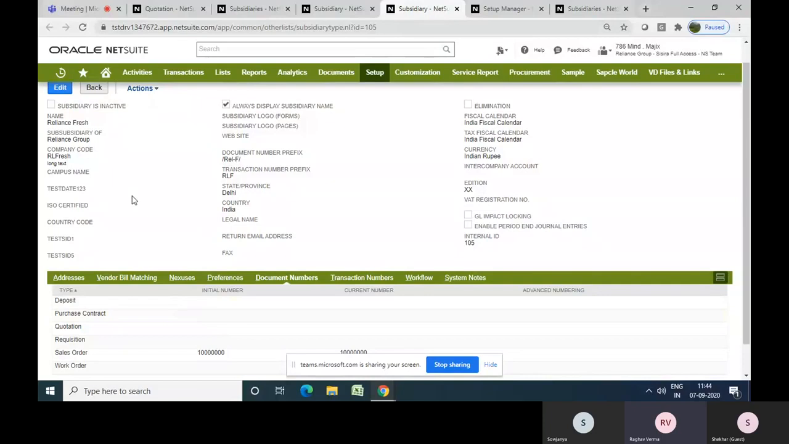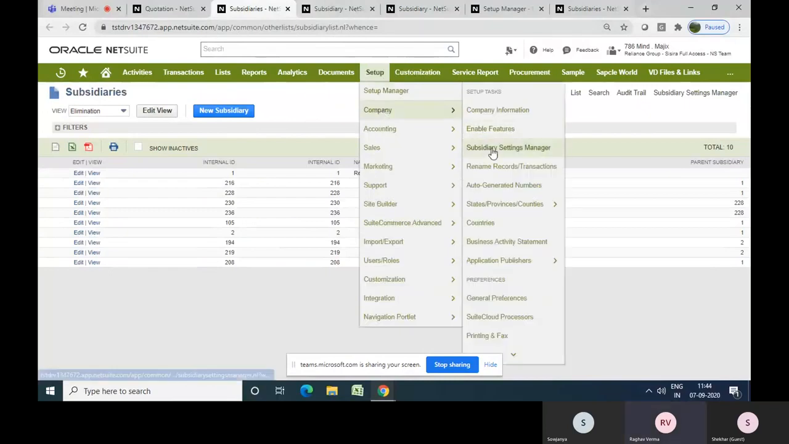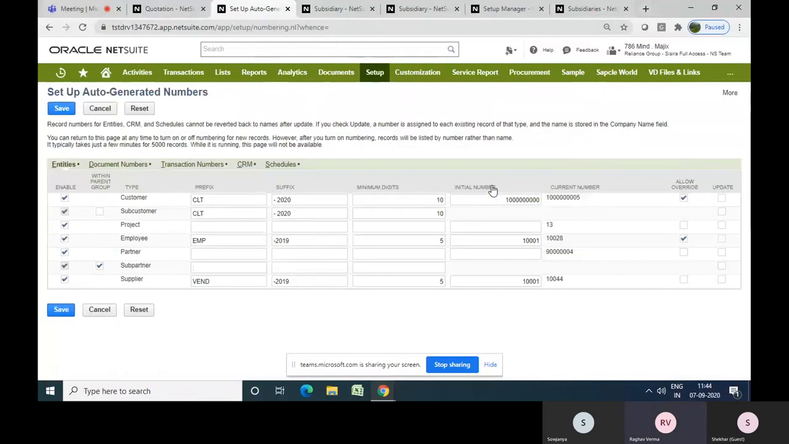Similarly, we have the third option for the location. Location is also similar to this one. So if you come to setup company and auto generated number, okay. Now if we come here and go to document number,